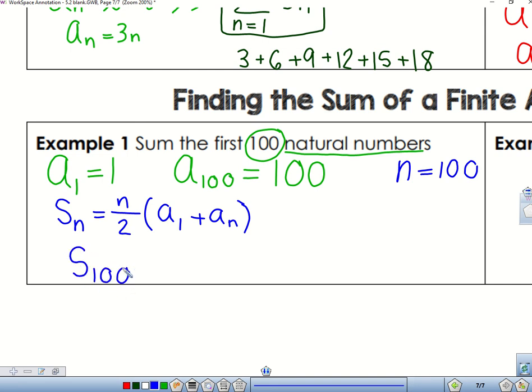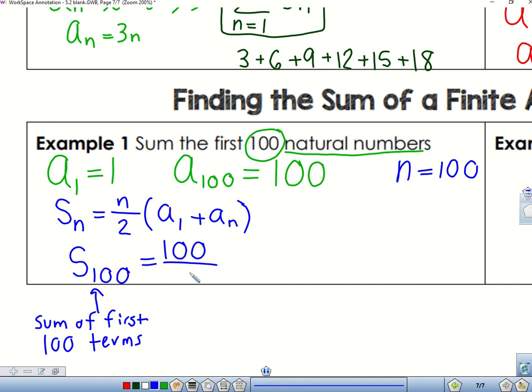So this notation, when they have S sub a value, it's saying the sum of the first 100 terms. So if you want to write that, you can. Sum of first 100 terms. That's what that all means in the shorter way of writing it. So they're saying that's the sum of 100. Yes? Do you have to do that, or can you just leave it? You do not, you don't have to write that. That's just me trying to explain it to you. Yeah. So, sum of the first 100 terms is equal to